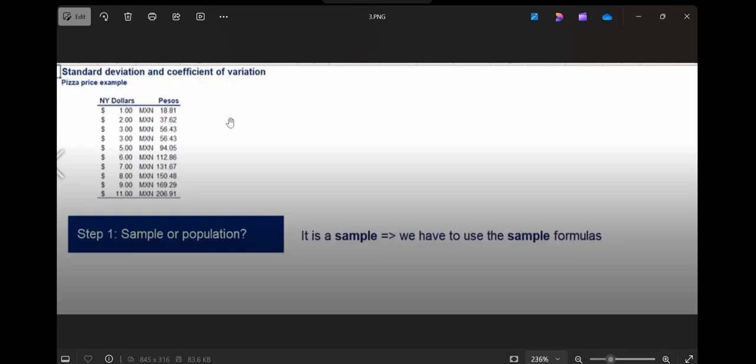Now one customer went to a pizza store. He paid $1 and got one pizza. Another Mexican customer went to a pizza store. He paid 18.81 pesos and got one pizza. So both got one pizza. But how would a machine understand that? For the machine, is 1 less than 18.81 or not? Guys, are you getting my point? What I'm trying to say is that when we build machine learning models, we need to compare numbers on an equal scale.